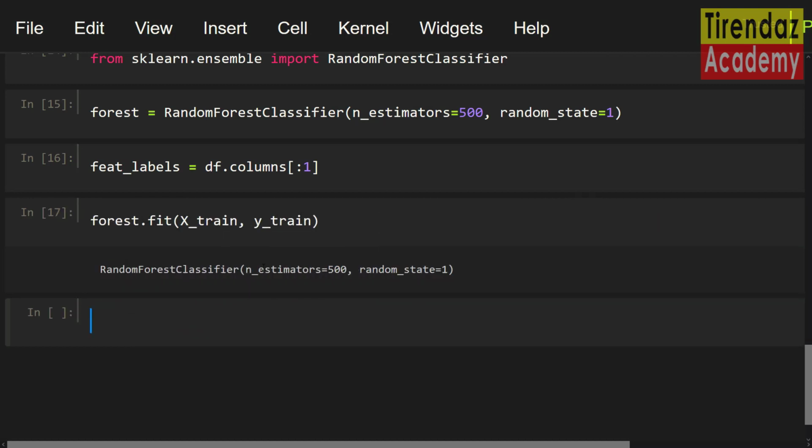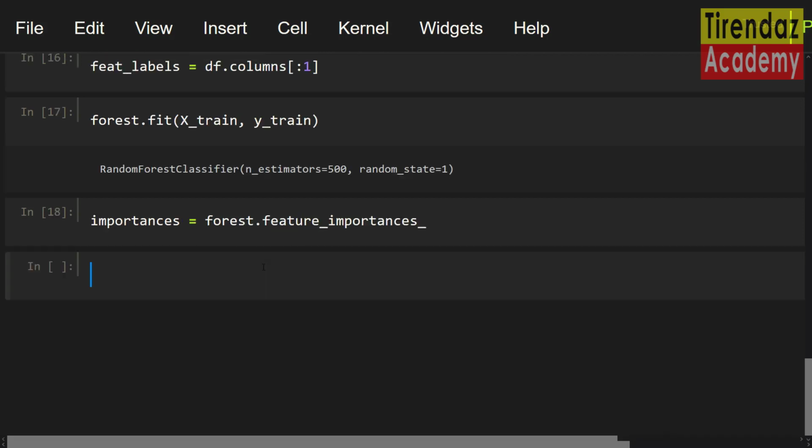Let's assign these values to the importances variable. importances equals forest.feature_importances_. Now let's assign the indices of the features to a variable, sorted from the most important to the least. indices equals np.argsort(importances)[::-1].